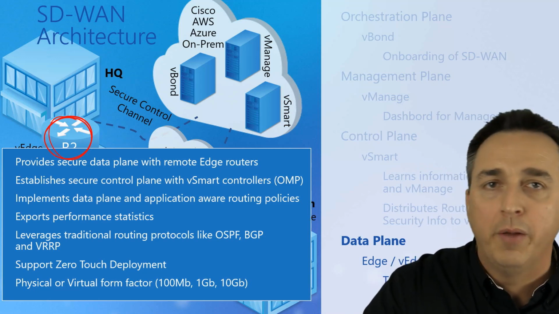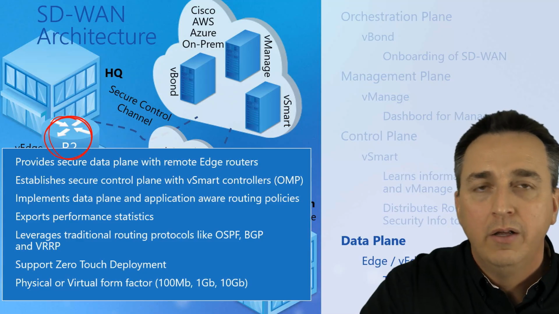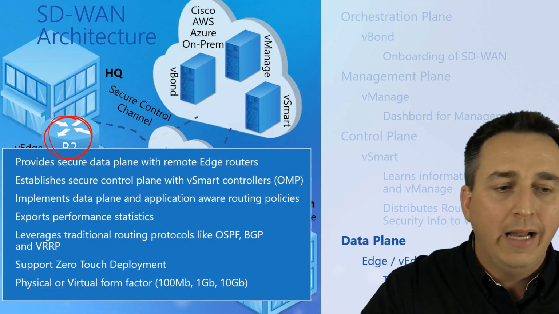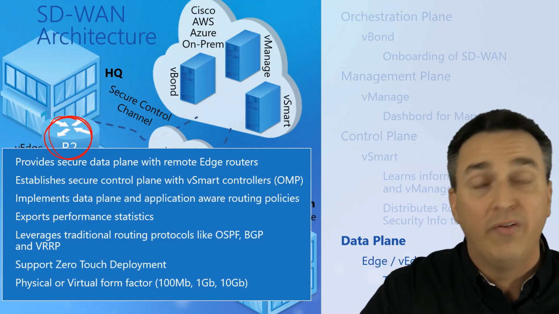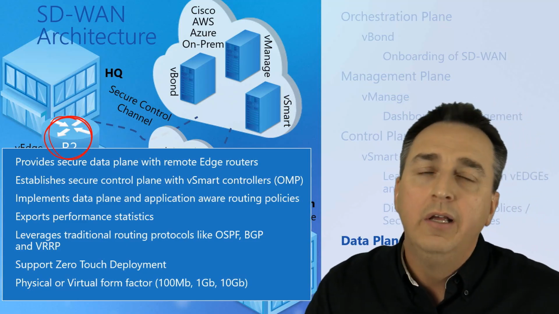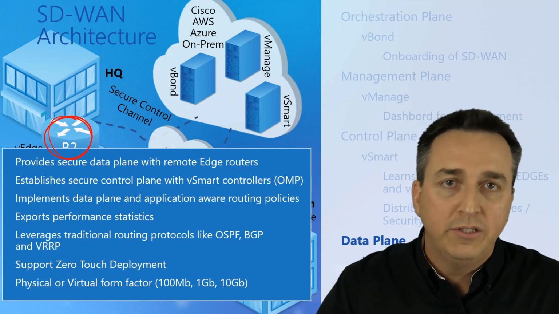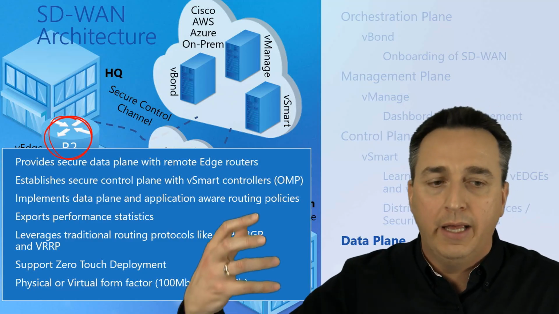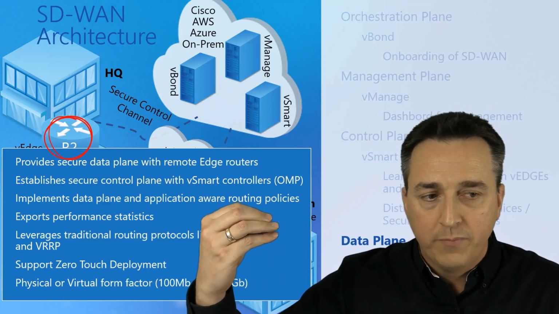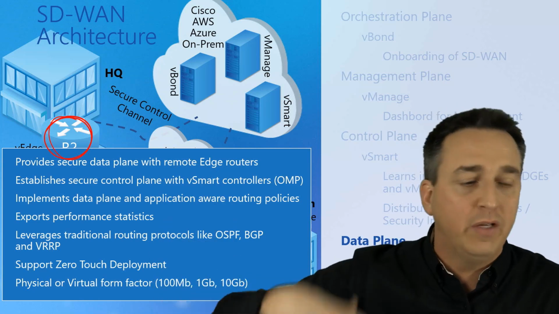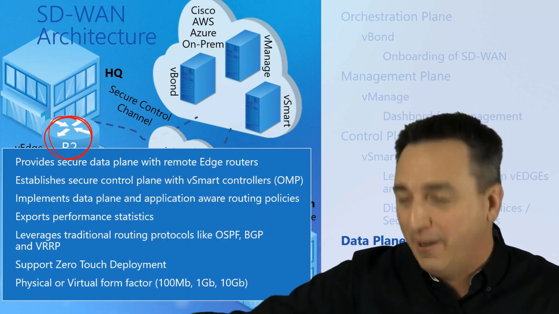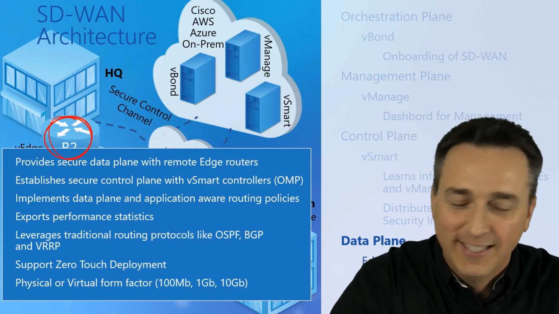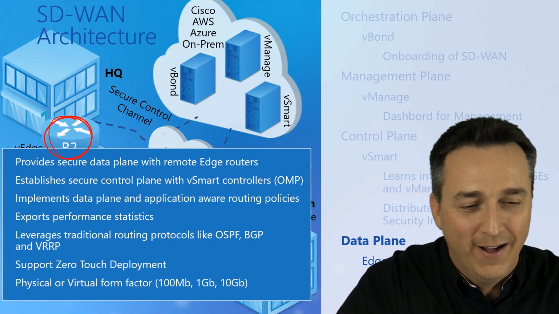We get zero-touch deployment, meaning plug-and-play type of deployment, where let's say we had another branch office coming up, we get a new device, we put it in, we'd have to go to our vManage and provide the initial information that we need to into vManage, and then from there, vBond can do what it needs to do from an orchestration standpoint and onboard that particular new device into our vManage and everything else that goes on with that, and confirm that it's actually a true Cisco product that's registered and paid for through serial numbers. There's a lot going on there.